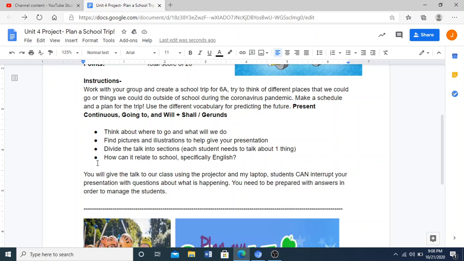These are what you should consider when you are planning this. Okay, think about where to go and what we will do. Find pictures and illustrations to help give your presentation. So when you're doing your slides, put some pictures that will help us to